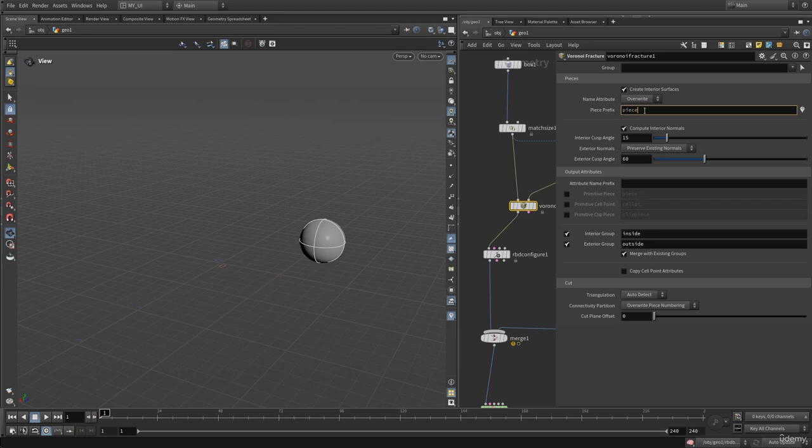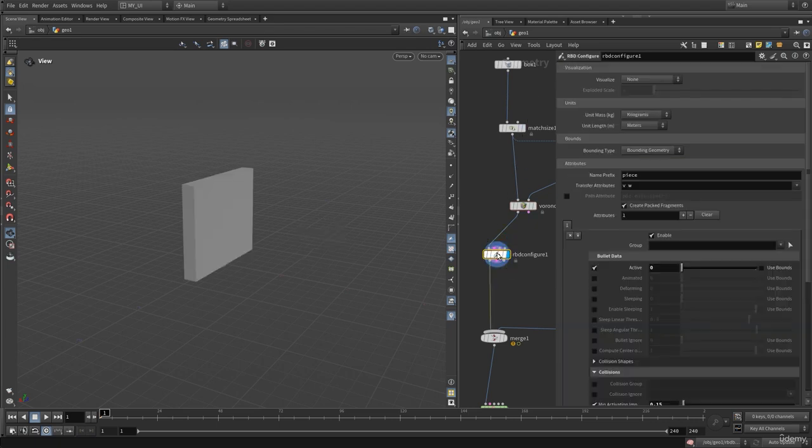Let's say I'm going to say piece underscore vol. I'm just changing the prefix, which means that we are adding the piece vol and then the number. So if I go into the RBD configure,